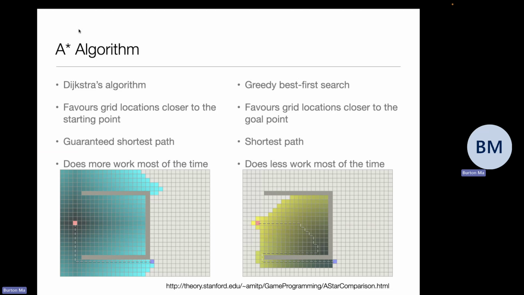Whereas greedy best first search, it's not guaranteed to find the shortest path between 2 points, but it usually does so. It usually does less work to find a path than Dijkstra's algorithm will perform to find the shortest path. And that's because greedy best first search always tries to move towards the goal location, right? And so